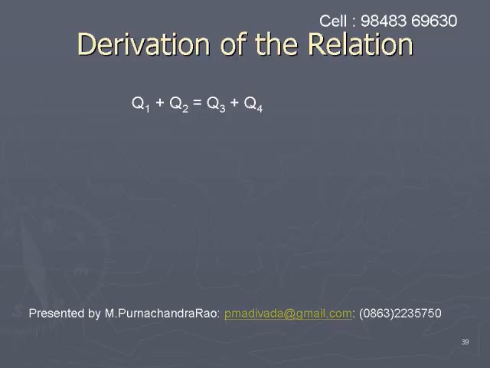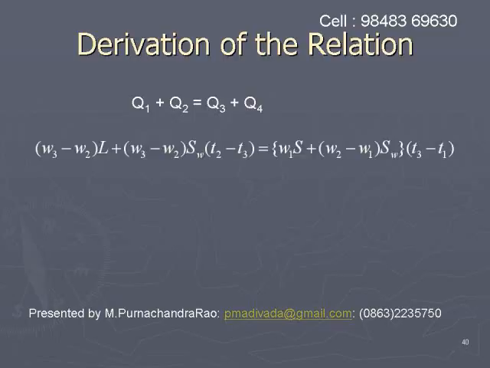Q1 plus Q2 is equal to Q3 plus Q4. Substituting the values of Q1, Q2, Q3, Q4, we get (W3 minus W2) into L plus (W3 minus W2) into SW into (T2 minus T3) is equal to